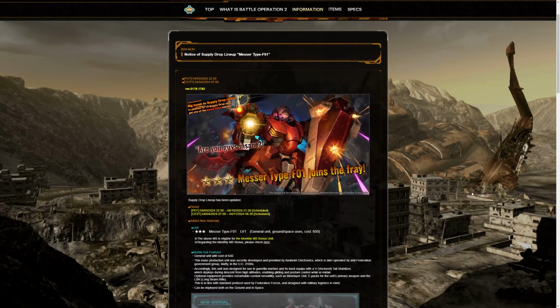So this is a mass production unit that was secretly developed and provided by Anaheim Electronics, which is later operated by the anti-Federation group Mafty in the UC-100s. According to this, and I'm reading this verbatim by the way, the unit was designed for use in guerrilla warfare, and its back is equipped with a tail stabilizer, which deploys during descent from high altitudes, enabling gliding and posture control while mid-air. Optional equipment provides remarkable combat versatility as a mine layer unit, E-packs for the unit's primary weapon, and the